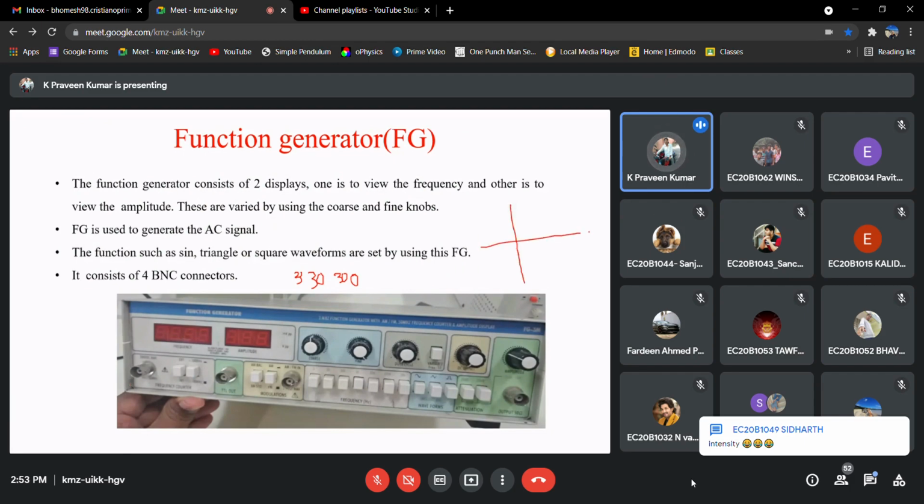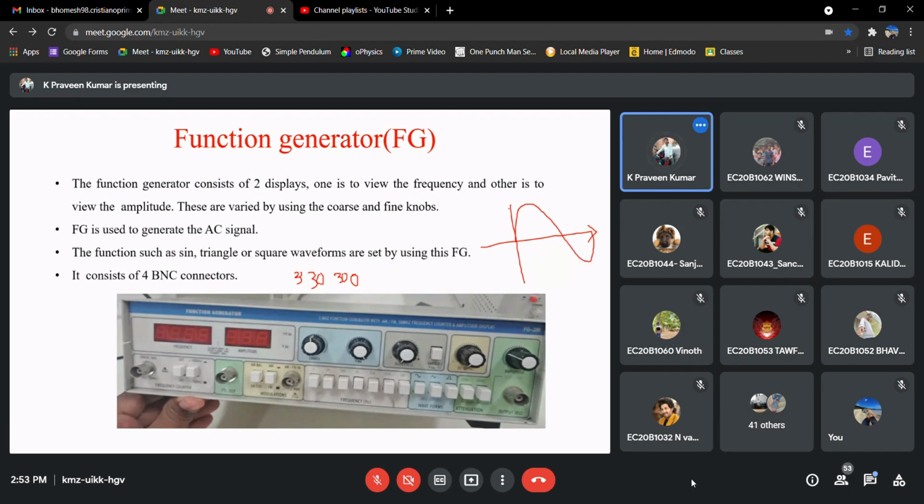So let us say I'm having a sinusoidal signal, something like this, right? So this is my peak. This is the positive peak, and this is the negative peak. So this value, what I'm calling it as amplitude. If I take only this one, we can say peak voltage, let us say VP, right?